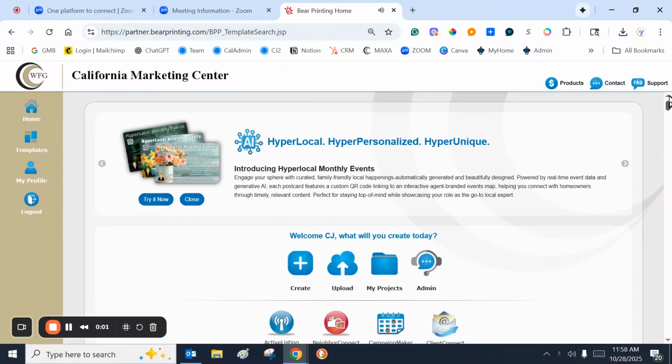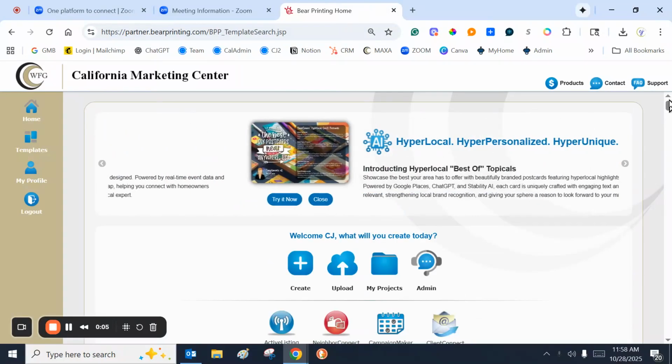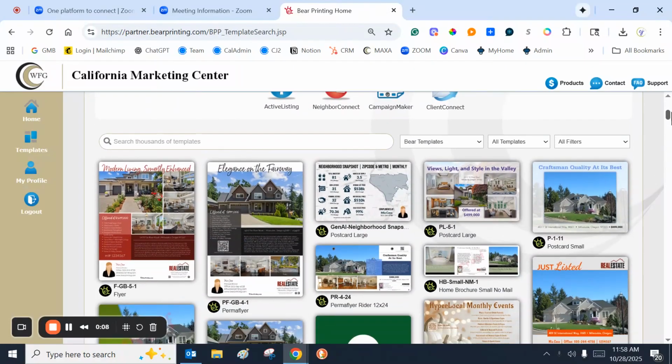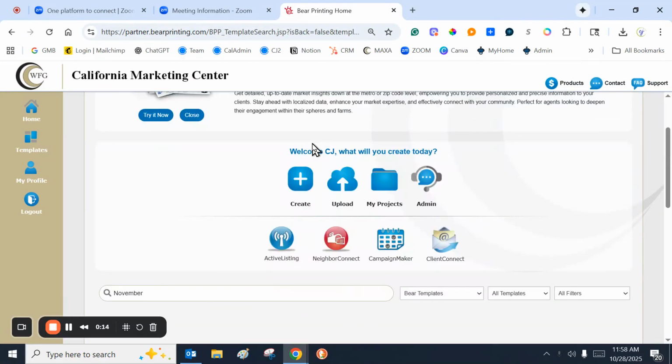You're going to log in to your Bear Printing account, and it's going to look like this. You can scroll down to all of the templates if you'd like, which is what I always do. And I'm going to type in here November. And for November,